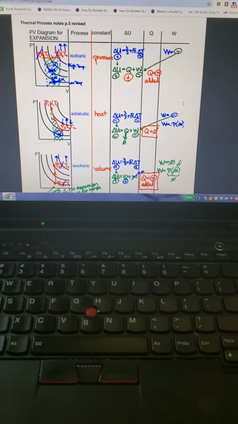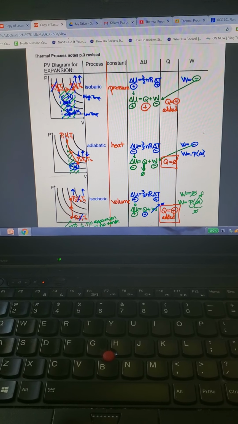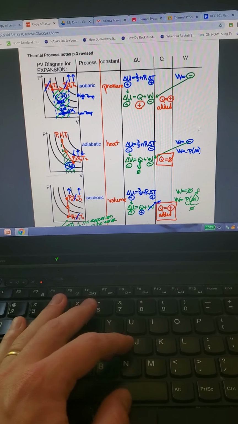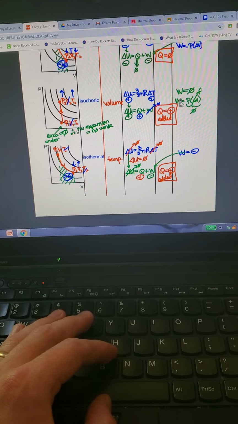I know we haven't done one of these in a long time, and today I'm not actually going to be writing anything down on paper. What I'm going to try and do for you guys is to decode how to read these graphs and how to do this whole thermal expansion lesson. All right, so